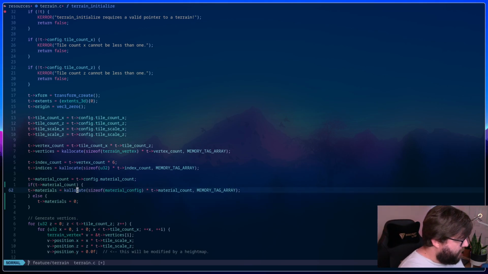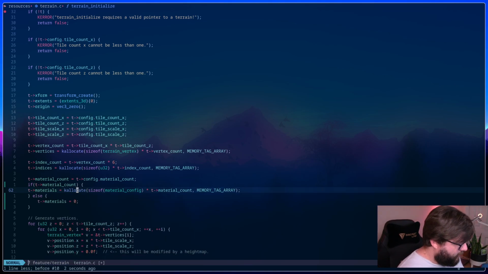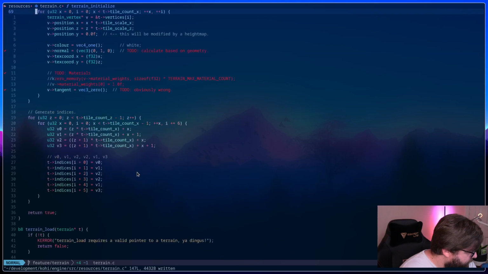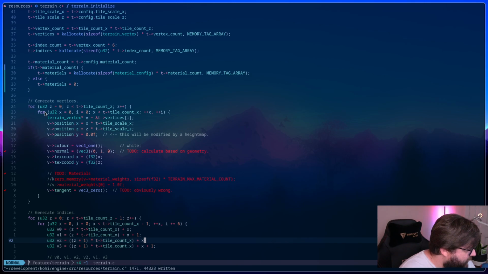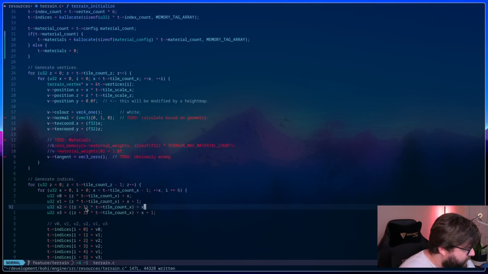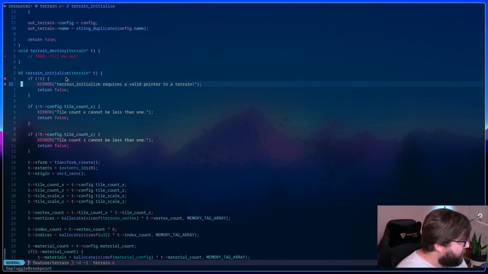Okay. Oops. All right. So we shouldn't be initializing that unless we actually have something to initialize. Okay. So we actually wound up getting to here. I don't think I'm going to step through this for now. I'm going to assume that this stuff is at least close to correct, and we should at least see something, even if it's kind of foobar. So I'm going to get rid of these breakpoints.